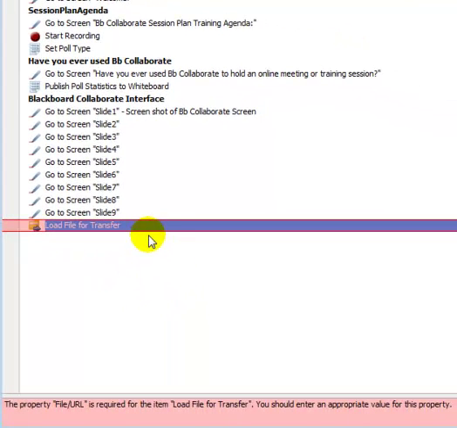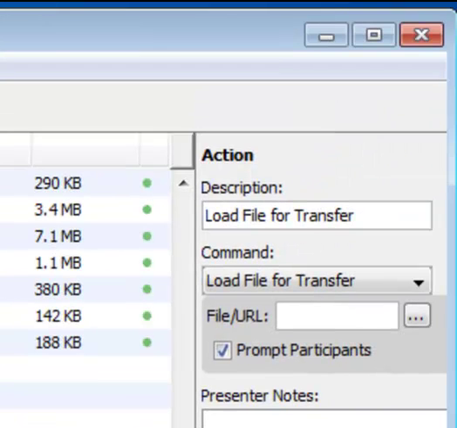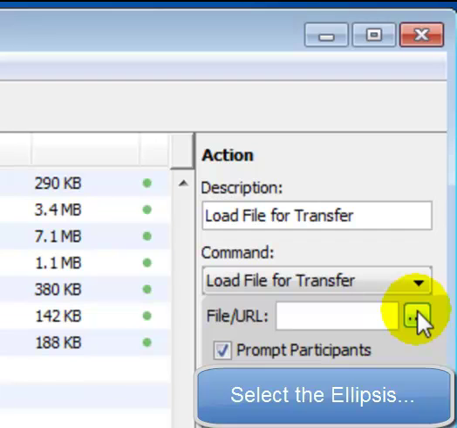Once it is in place, notice how the program has highlighted it in pink, and also there is a message highlighted in pink at the bottom of the screen. It states what needs to be done in the Properties panel for the file transfer to work. A value is needed in the file or URL field. To do so, go to the Properties panel and select these 3 dots, the ellipsis,